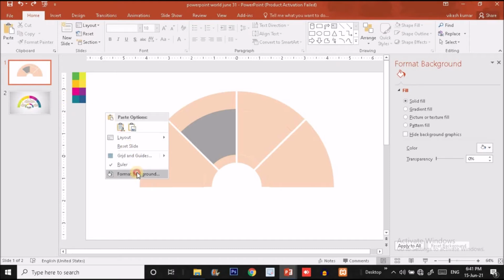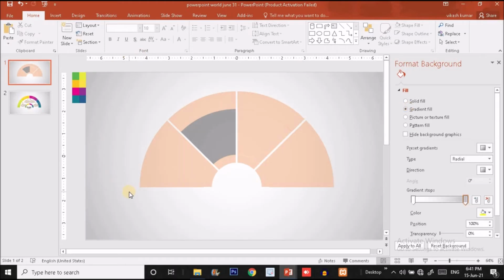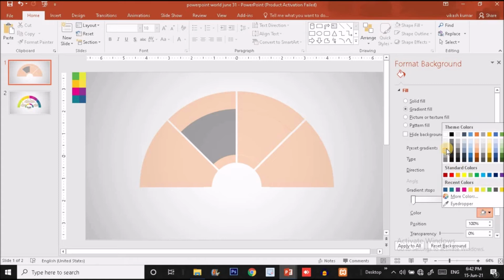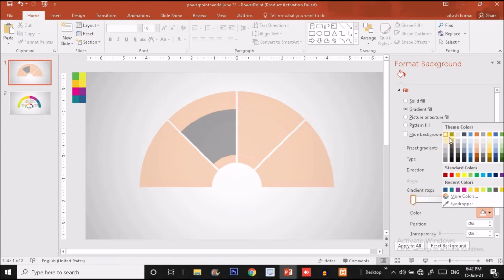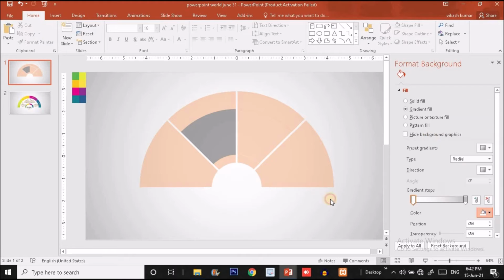Before filling it with color, I'm going to format the background. So I'm going to choose a gradient fill for the background, and it will automatically fetch the colors from the previous slide, as I have recently used these 2 colors in the format background option there. So now let me show you which colors I'm using. I'm using this color for the right stop, and for the left stop I'm using this white color.